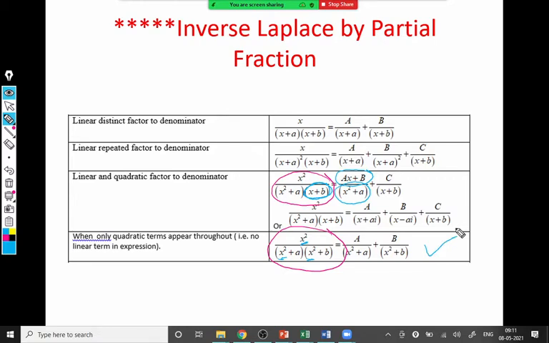Even if you write the partial fraction like that, like (Ax plus B) upon (x square plus a square) plus (Cx plus D) upon (x square plus b square), this is also correct, but unnecessarily it becomes complicated. So you can use the simple partial fraction there. We'll see the examples and that becomes more clear then. The examples are really simple. We get the answer in one step, but the lengthy calculation is in getting the values of the constants.